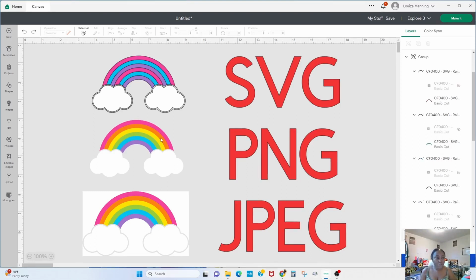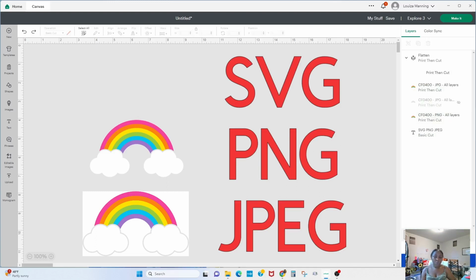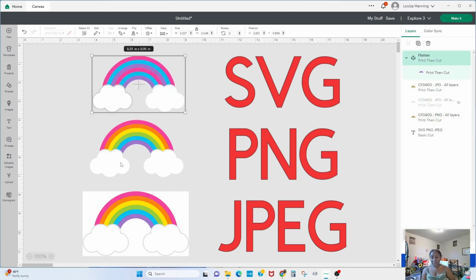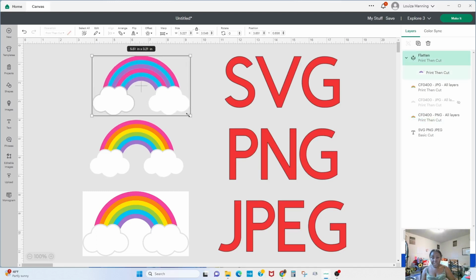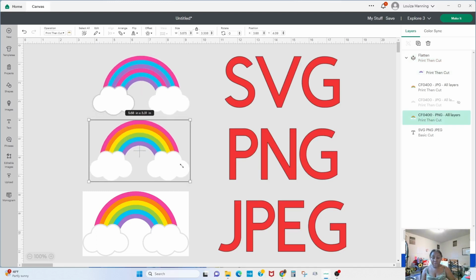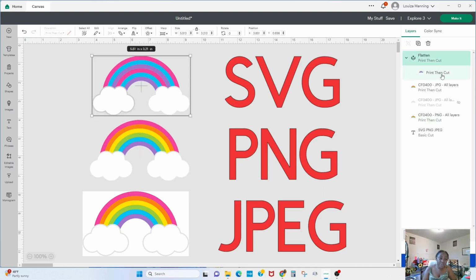So one thing I forgot to mention is, if you want to cut this as a print and cut image and not basic cuts, you can highlight everything and choose flatten. When you click on flatten, you see everything looks exactly like this, and all you need to do is to expand it however you want it. You want it smaller, you want it bigger, and you can see all the layers. We lost it. So at this point you are done editing,